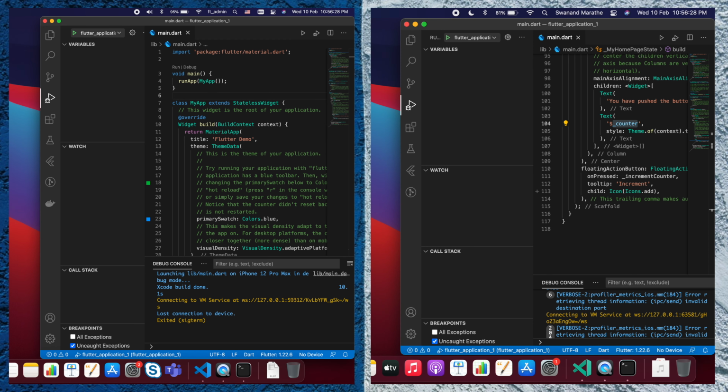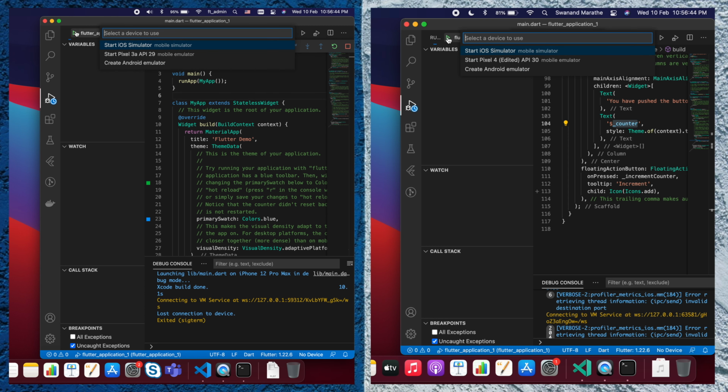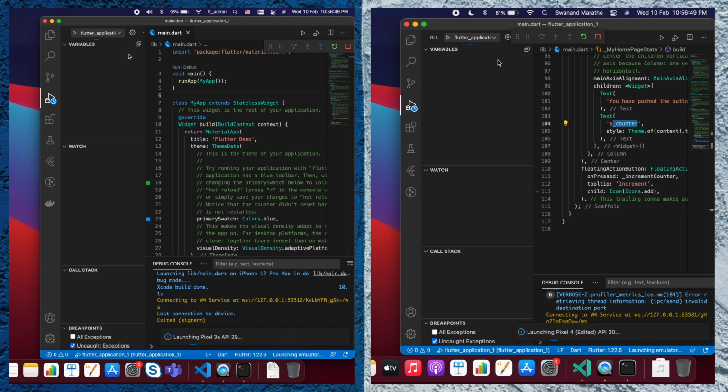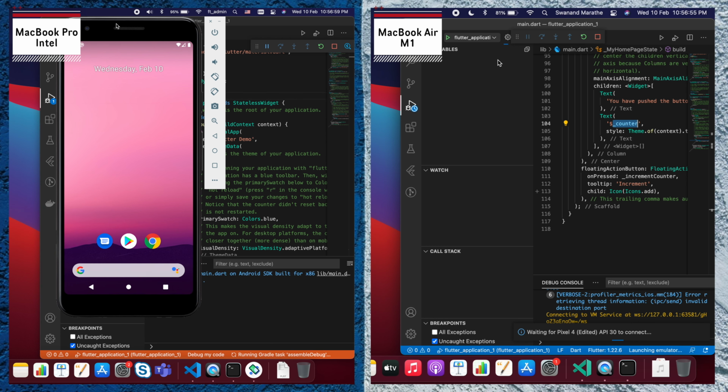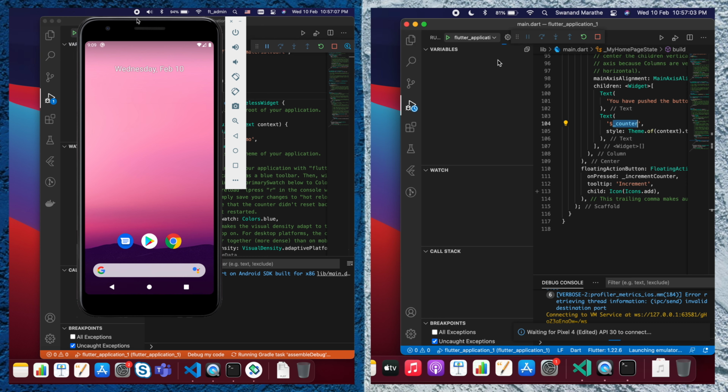Okay, so one thing to keep in mind, that currently the emulators may not run on the MacBook Air with M1 Silicon because Google has not updated the emulators to work on the ARM architecture. Still, we will try. So let's go on the count of 1, 2, and 3. Okay, here Intel has already started the emulator, and now we are waiting for the app to run.